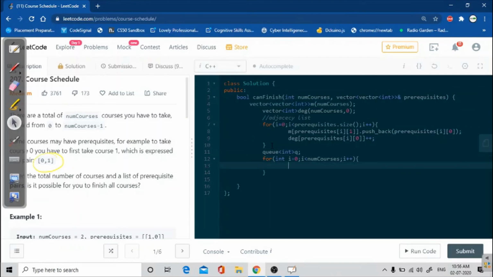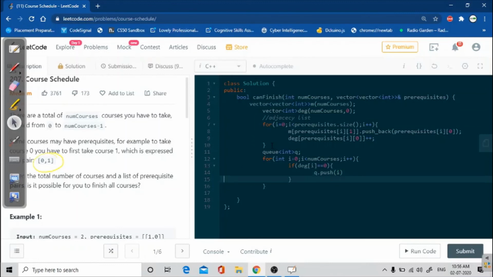I'll see if in my degree array there is any value 0. If it is, we are just going to add it in q dot push i.